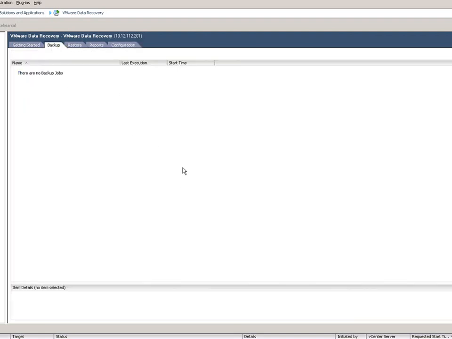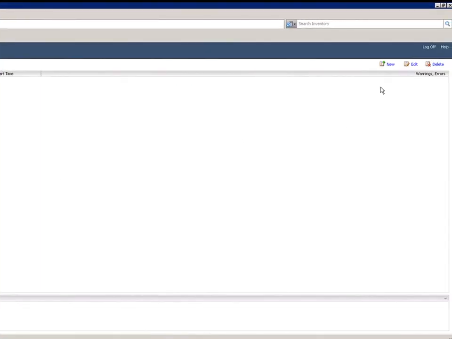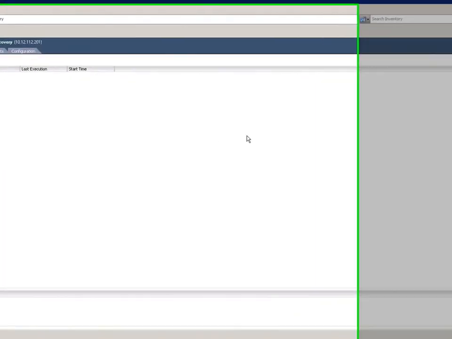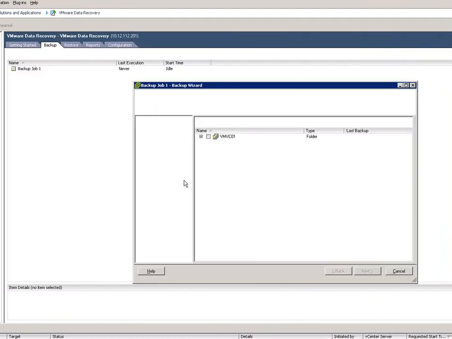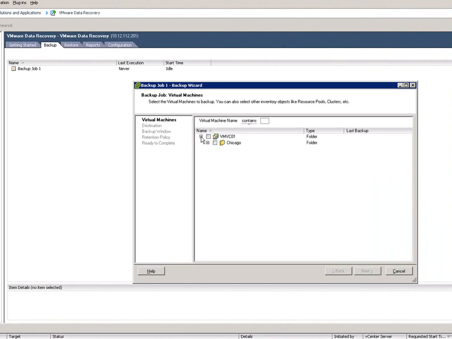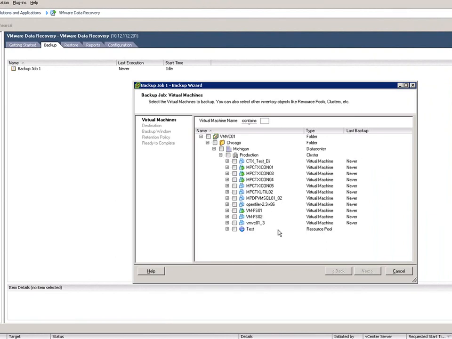So I'm going to go to Backup, and you can always come up here and click on New. I'm just going to right click on New here, and browse through my Virtual Center inventory and select the virtual machine that I want to back up. So we're going to go into production. Now I'm going to pick VMFS01. You can select the checkbox for VMFS01, and that's just going to take the entire virtual machine,